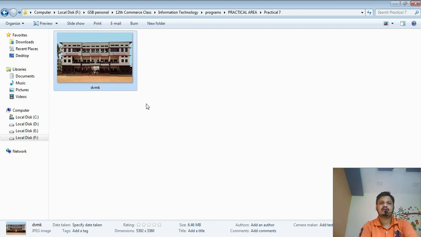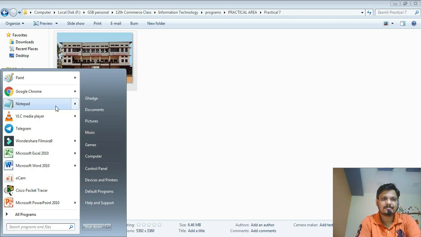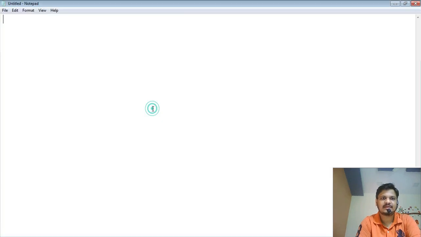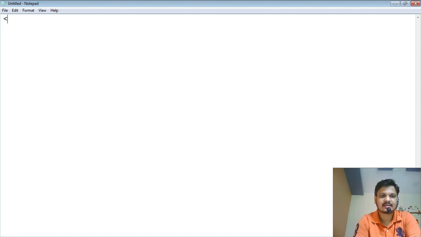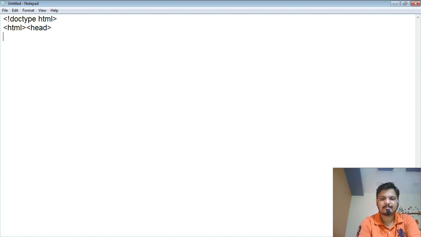Now I'm going to add code. Notepad is a text editor, and now start with exclamation mark DOCTYPE html. Next is the html tag after the doctype declaration, then head, then the title tag.